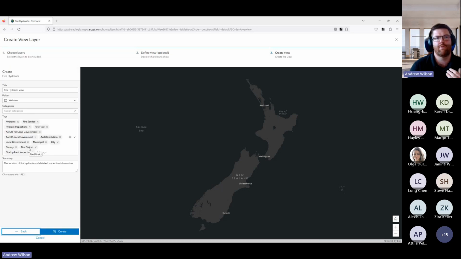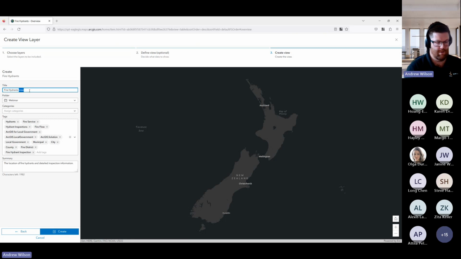So what this will do is the view will create an item in ArcGIS Online or in Enterprise, but in ArcGIS Online, because it's referencing the underlying hosted feature layer, it won't use additional credits, which is something to note.